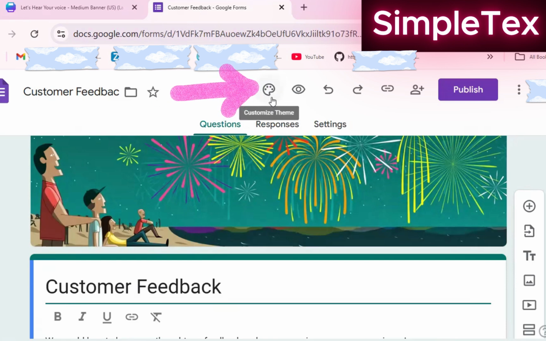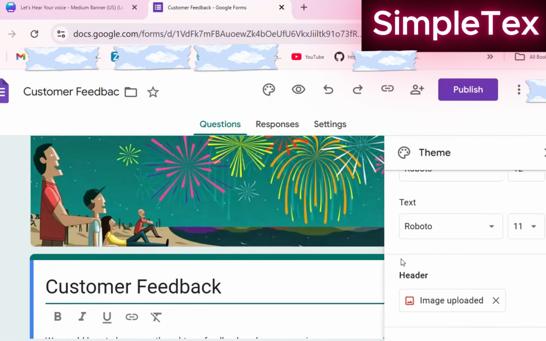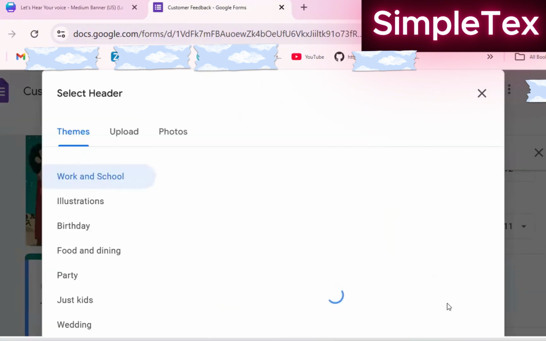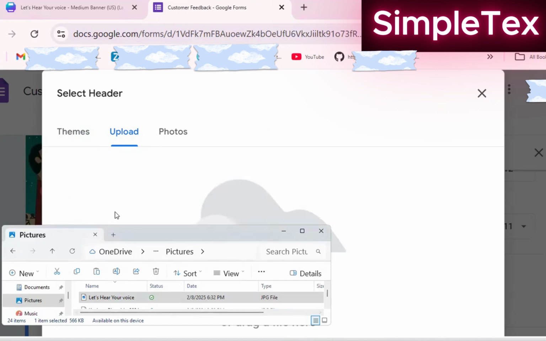To do this, you will go to the top and you will find this customize theme, and when you click it, you will find options on the right, and you will go down to change the image here. So you click on the image upload. If you find a browse from these themes, you can also upload from Google Photos if you already saved it to Google Photos, but let us upload from local